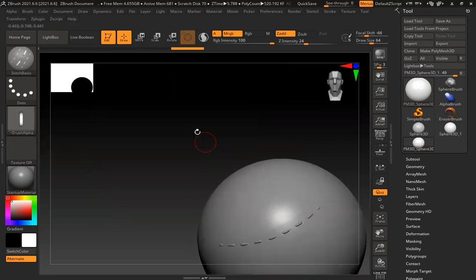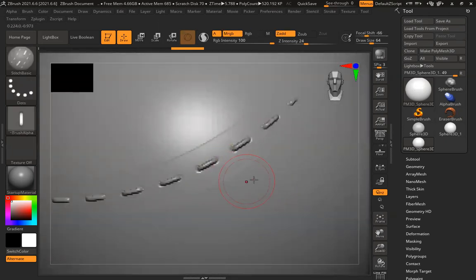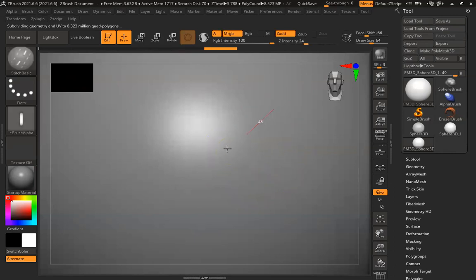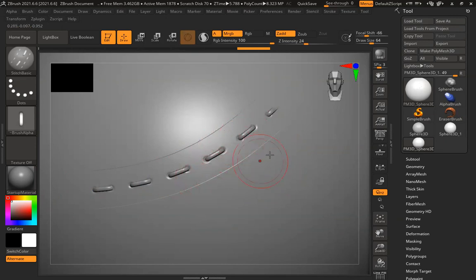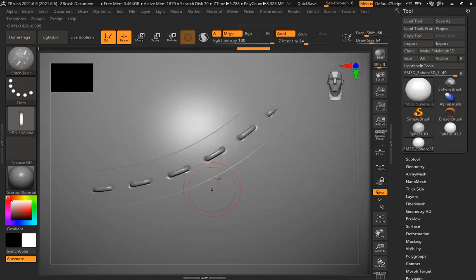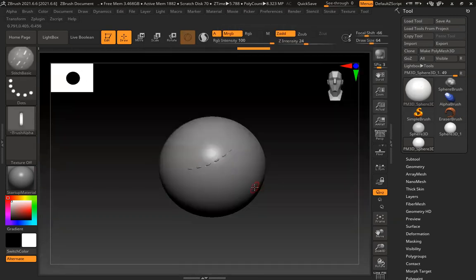So whatever you want to create, you can create it using this. For using alpha, you need to have a decent amount of polygons. You can see this is already blurry. Control Z, Control D, and subdivide it nicely. Personally, I don't recommend alpha. If you have a decent amount of polygons, you can create it. It's super crispy and clean. But this one is almost 1 million just to get this detail, so it will be super high poly. So personally, I prefer insert mesh. I don't prefer this because I have to subdivide my entire model multiple times, maybe 7-8 times. So undo.